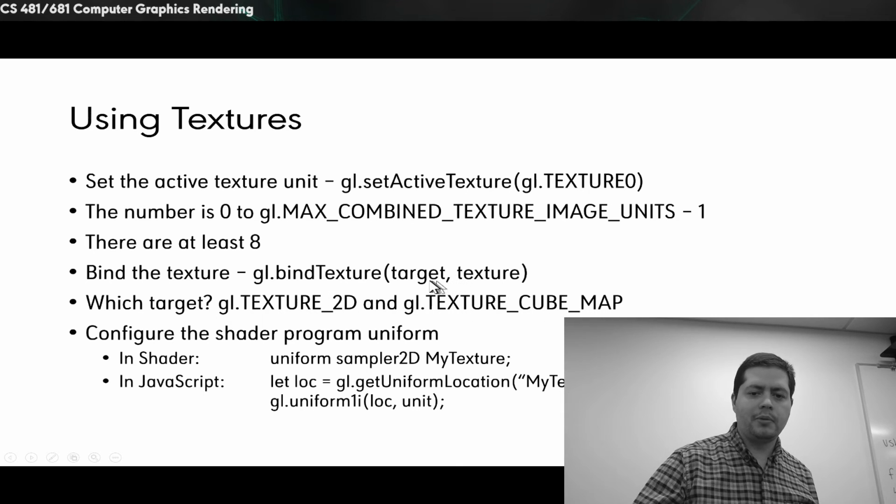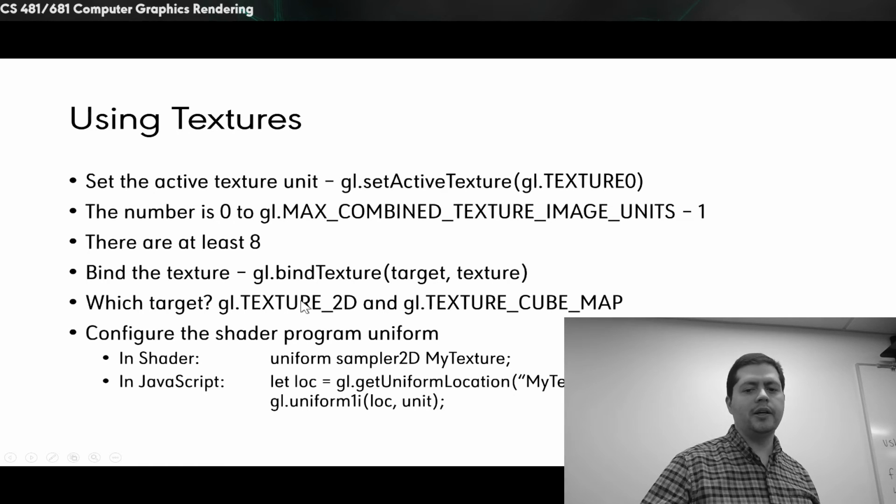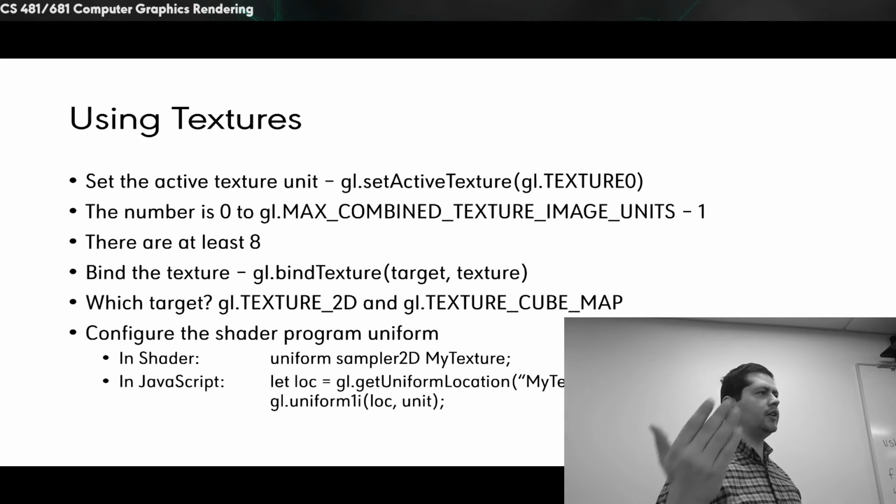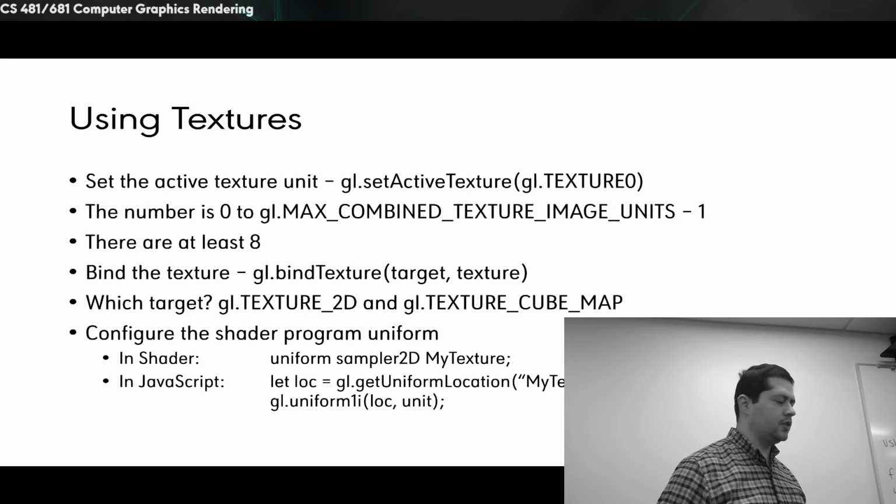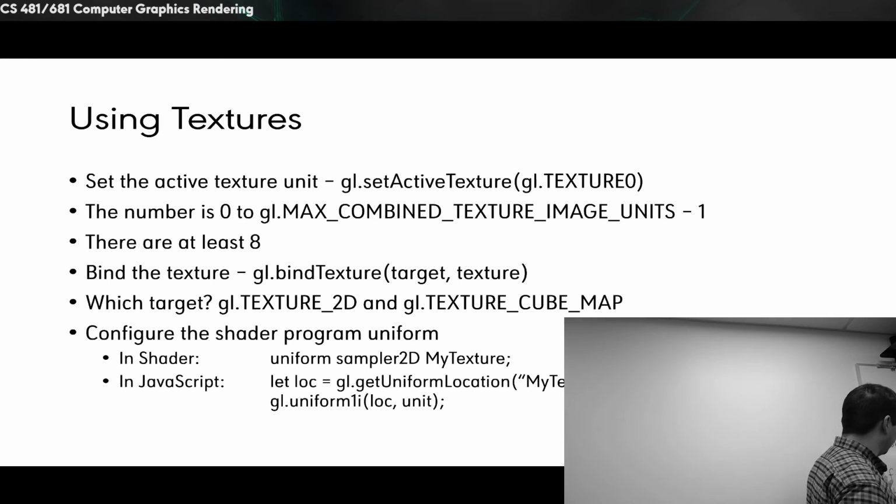And then your target. You have to remember what target you used last time. Most of the time you're just using TEXTURE_2D anyway, but there is also texture cube map. All right, so that's using textures. We got to create them, then we can use them, and this is more or less how the shaders are using these maps. And in the vertex shader, I guess we could add an extra